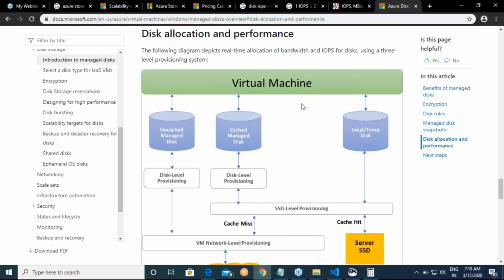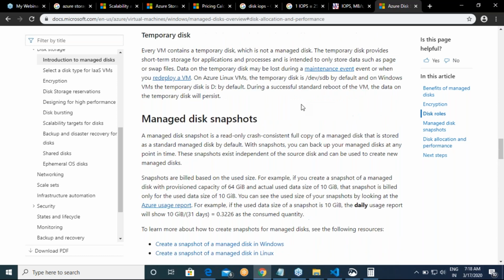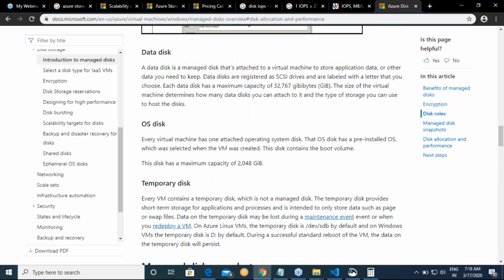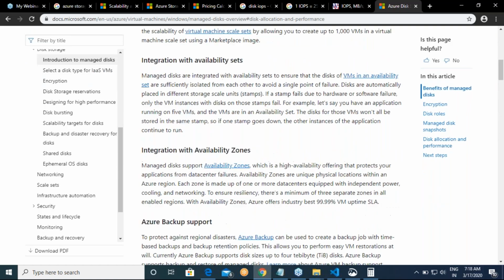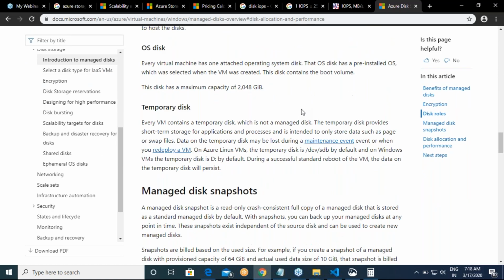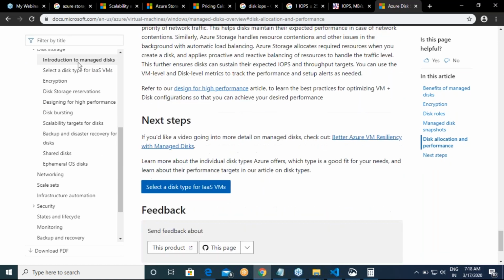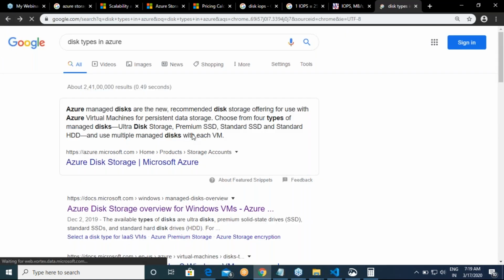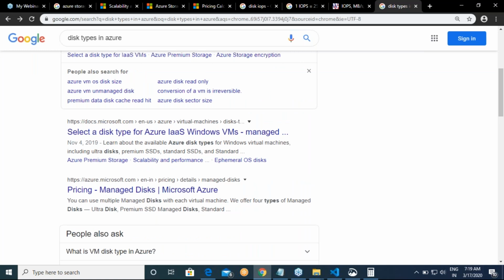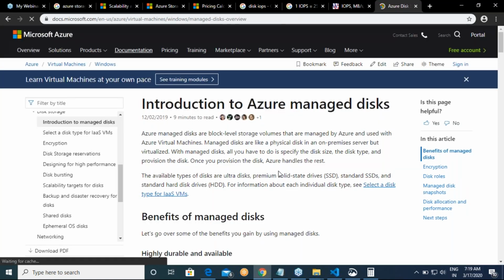Whenever you create a virtual machine, managed disk is fine. Azure disk overview.